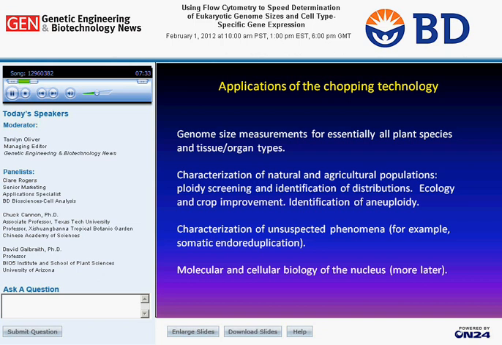It's important in breeding certain types of fruit crops. For example, triploid watermelons are seedless, and ploidy screening for those is an important control. It's also used in ecology and in crop improvement and in tissue culture. And you can also use it, as we've shown, to characterize unsuspected phenomena, for example, somatic endoreduplication in Arabidopsis. And we've more recently been using it for molecular and cellular biology of the nucleus, and I'll end up with a few comments about that. In the next slide,